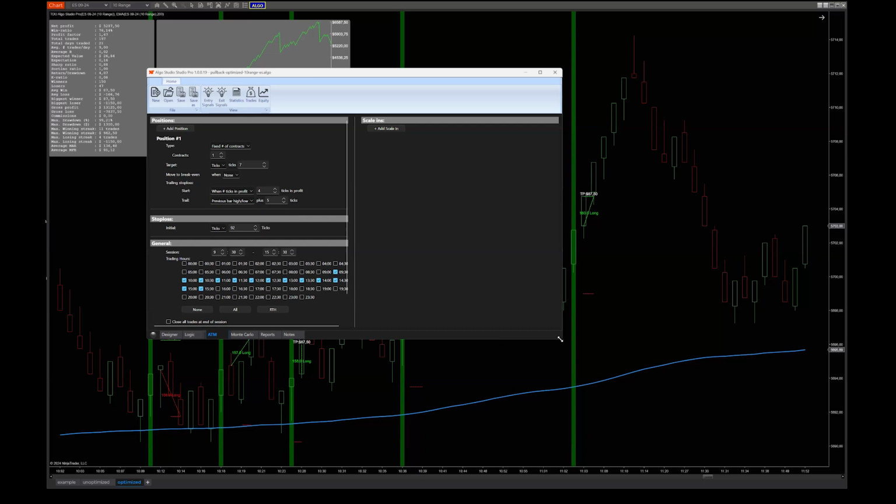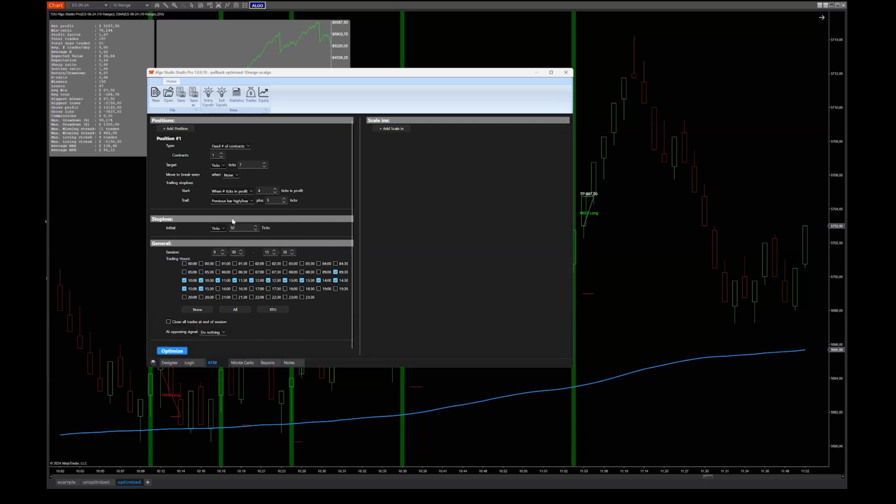But with so much flexibility and so many settings, it might be very difficult to find the most optimal one. You can start with your target, then maybe a break even and a trailing stop, but then there are already so many combinations to choose from that it will be impossible to find the most optimal one.